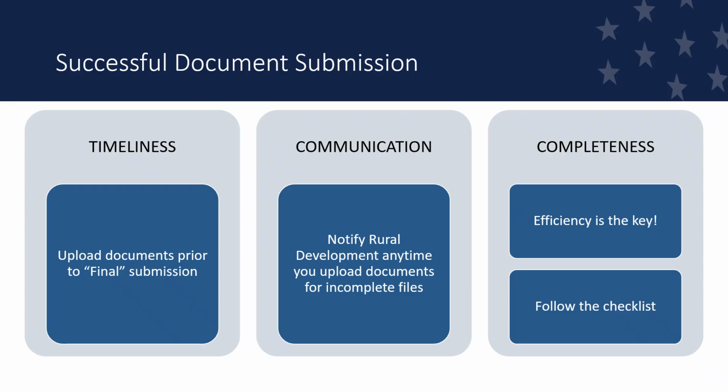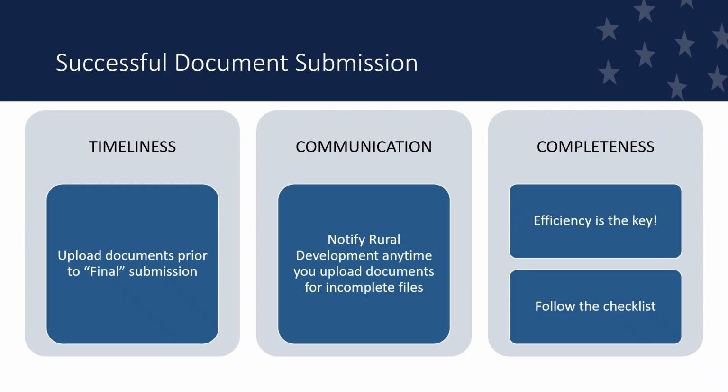Lenders may upload missing or corrected documents after final submission to USDA until the agency issues a conditional commitment. It is the lender's responsibility to notify the agency once the documents have been uploaded for incomplete applications, as the GUS does not notify Rule Development when documents are uploaded after the final submission has been requested. Once Rule Development receives notification from the lender that the documents have been uploaded, Rule Development will place the application in the review queue. Processing a final submission prior to uploading documents will not speed up the process, and as you can see, it will only slow it down, so make sure your documents are uploaded prior to final